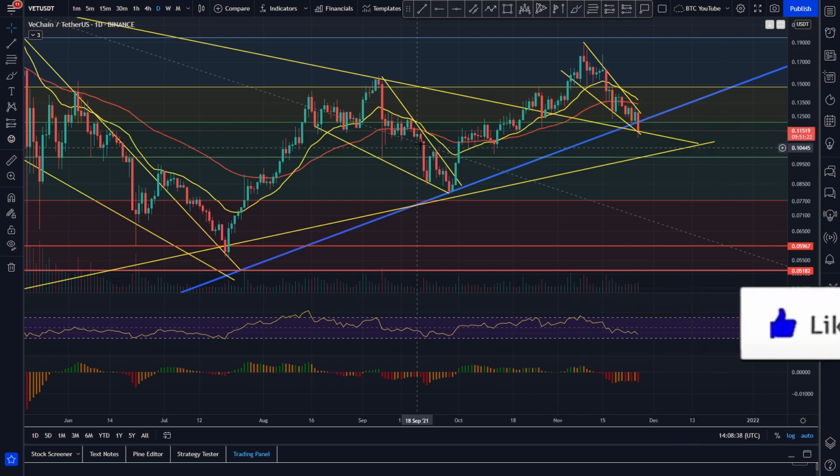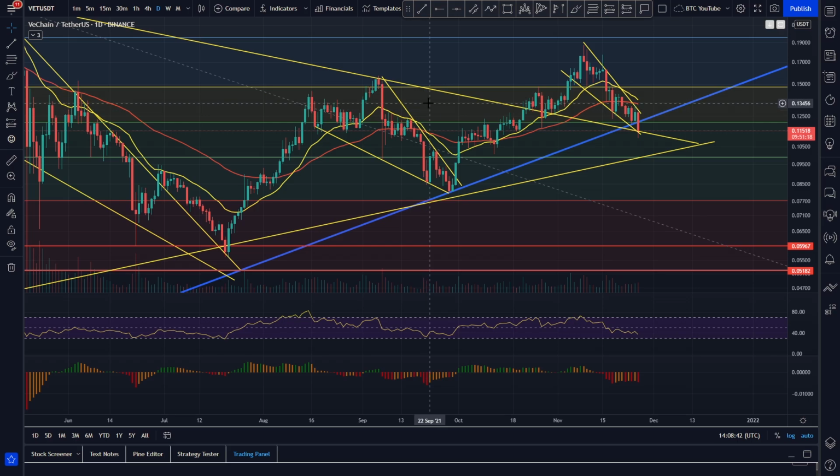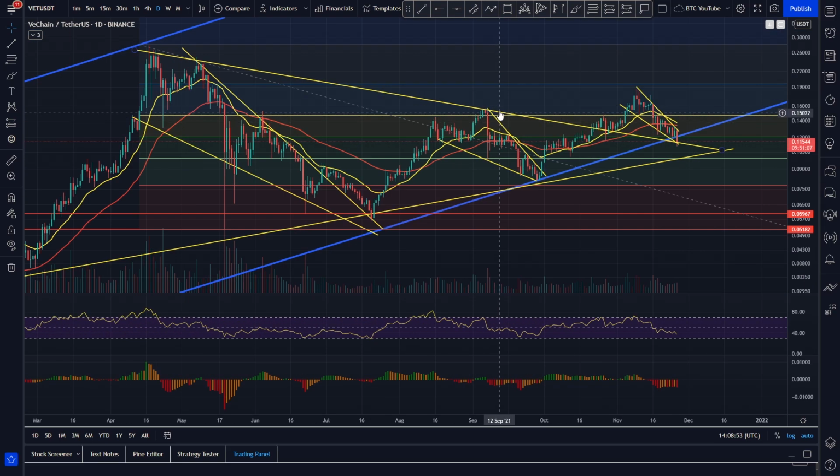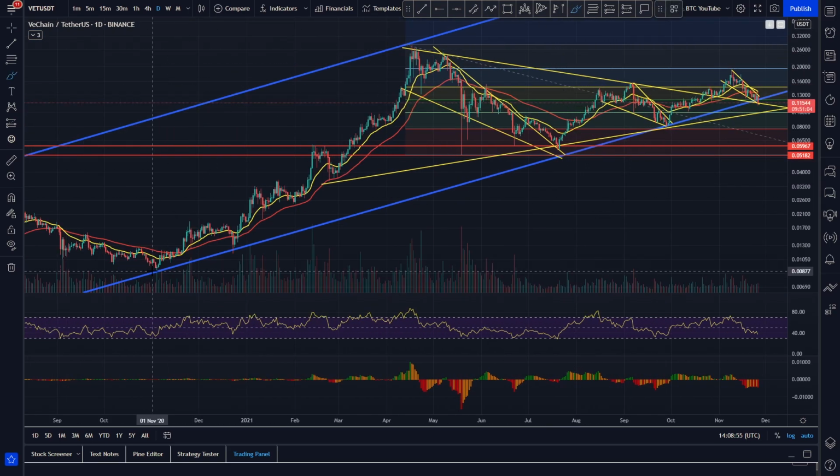So a little bit of a concern for Vechain, but overall, we still remain bullish on this project long term. We do think in the next few years it could easily be over $1, maybe $2 or $3. And by the end of the bull run, we do reasonably think that 50 cents to $1 is definitely possible. It's just obviously a case of getting that bullish momentum back, that we saw when we were seeing Vechain run